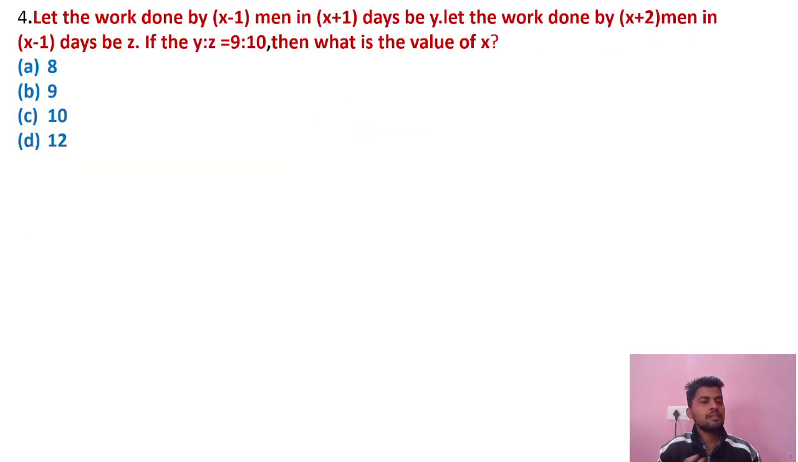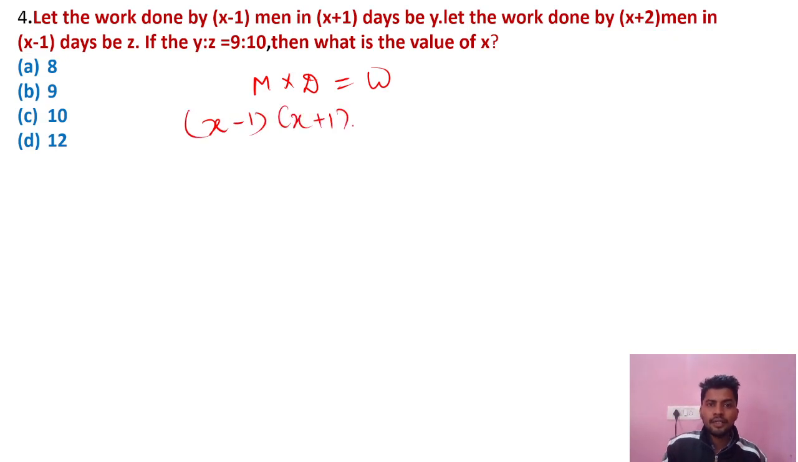What is the next question? Let the work done by x minus 1 men in x plus 1 days be y. Let the work done by x plus 2 men in x minus 1 days be z. And if y is to z equals 9 is to 10, then what is the value of x? We have to find the value of x. As we know, men into days is equal to work. And men is x minus 1, into x plus 1 days, is equal to work